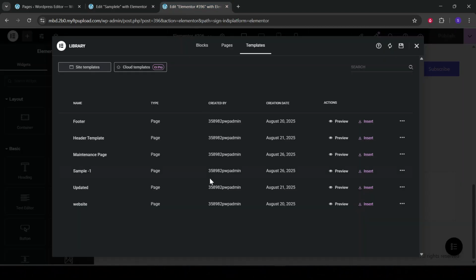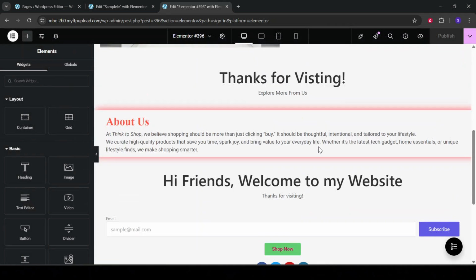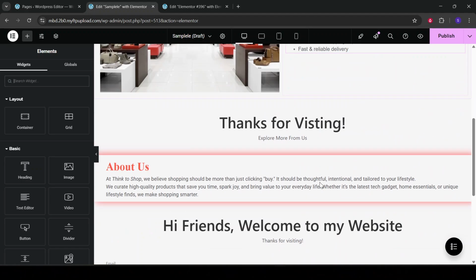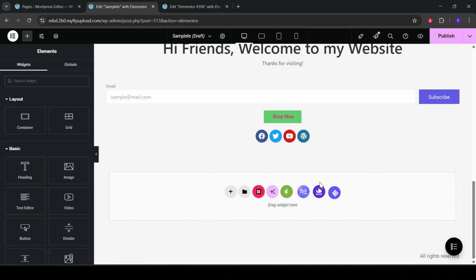This process is not only efficient but also allows you to maintain consistency across your site. With practice, you'll be able to streamline your workflow and focus on what really matters: creating engaging and visually pleasing web